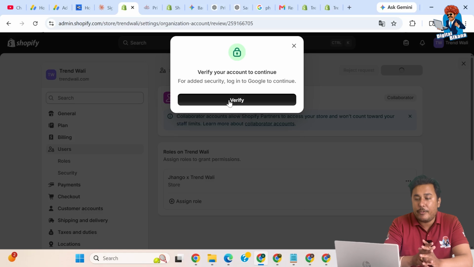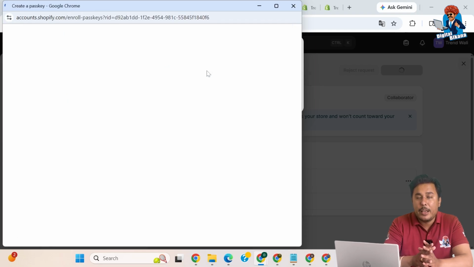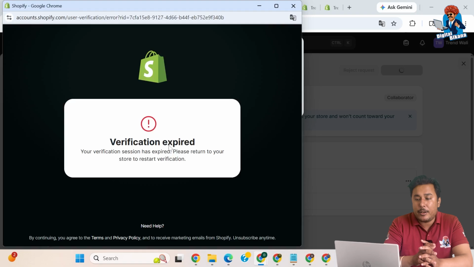You just need to verify your account, right, your Shopify account, and in such manner you can simply accept the collaboration request on a Shopify store. If anybody is designing a website for you, then you need to accept the collaboration request, right? Mostly web developers send these kind of requests, so you just need to accept it and your collaboration request would